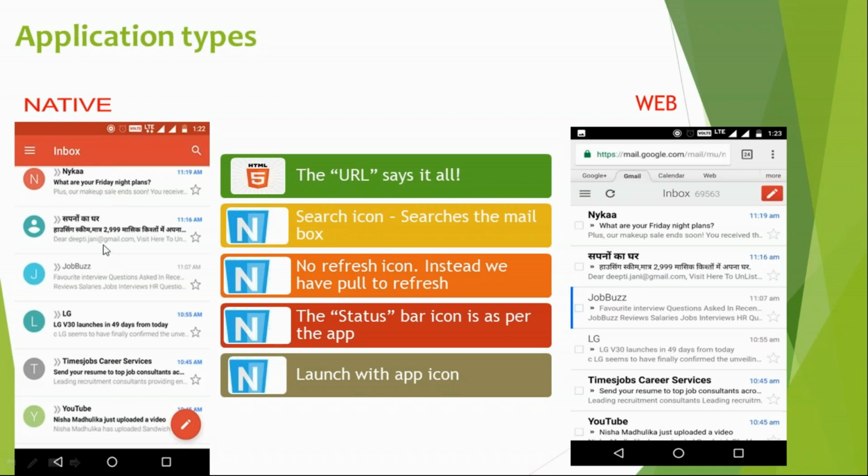What differences can you see? This is a Gmail application which I have opened in a Chrome browser, and this is a Gmail application which is already installed in the mobile device. So this guy prefers to use the hybrid application instead of the web application.